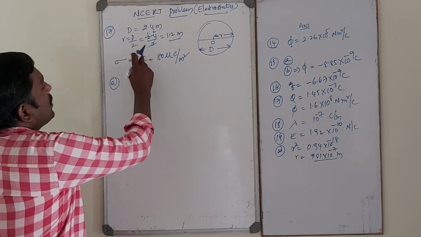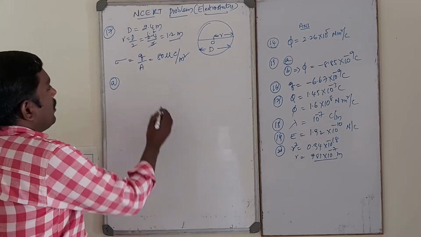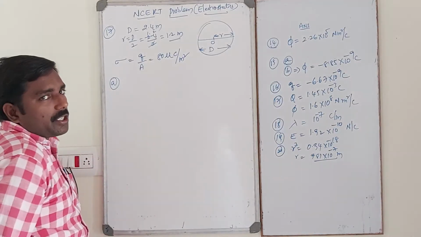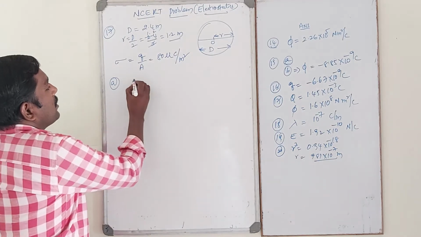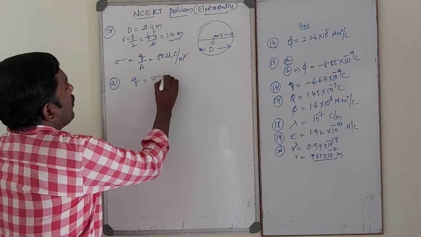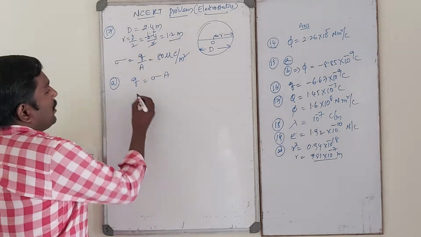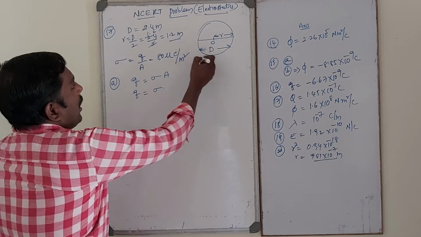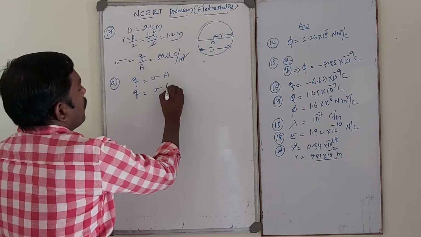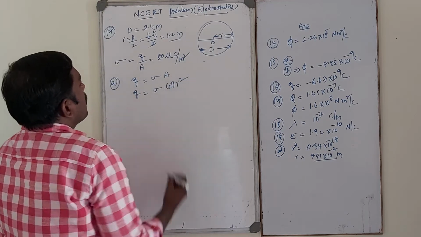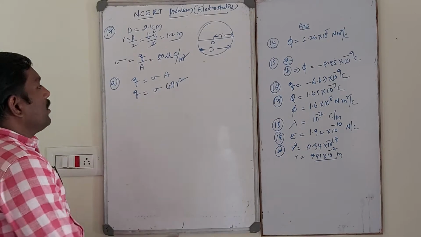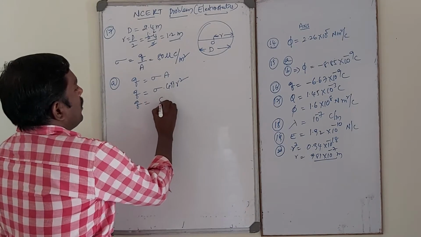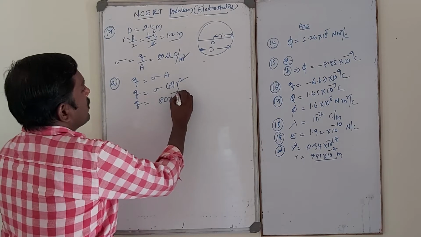So this is the charge, this is the area. We calculate the charge on the sphere by using this formula, Q is equal to sigma into A. Area of the sphere is 4 pi r square. So Q is equal to sigma value, 80 into 10 power minus 6, this is the micro,